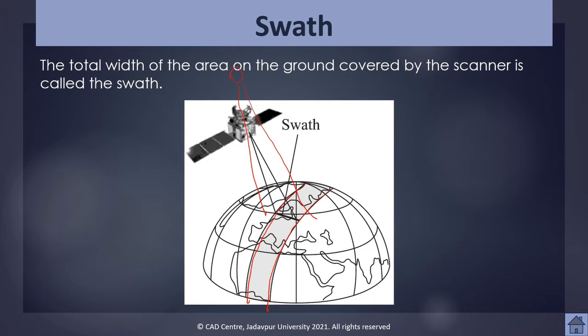This apparent movement allows the satellite swath to cover a new area with each consecutive pass. The satellite's orbit and the rotation of the earth work together to allow complete coverage of the earth's surface.